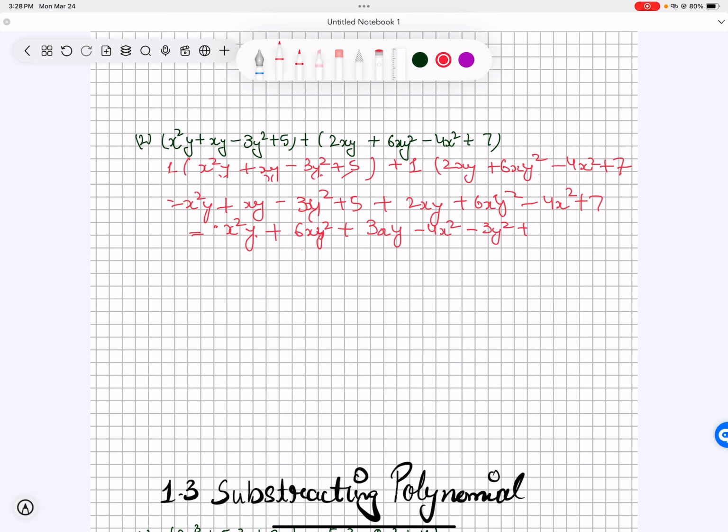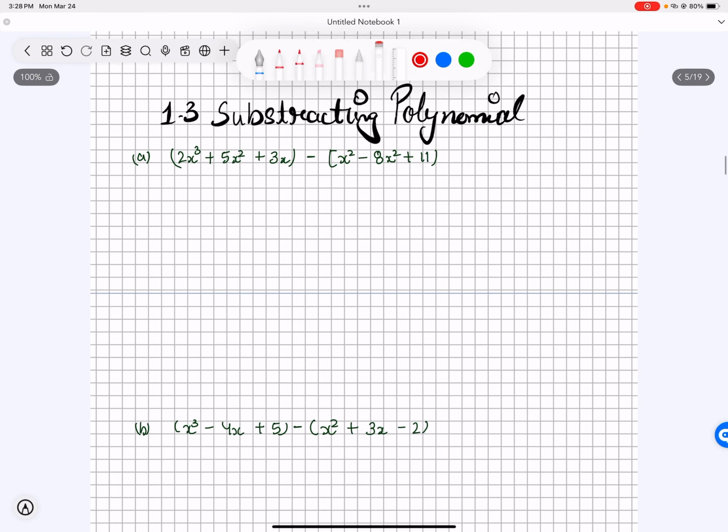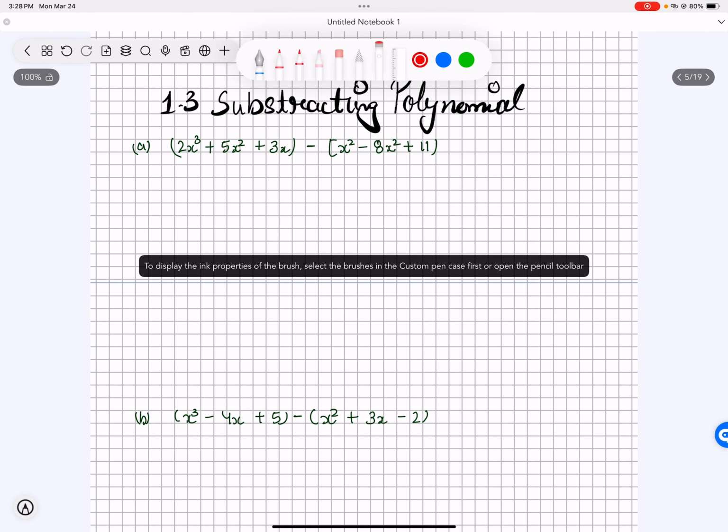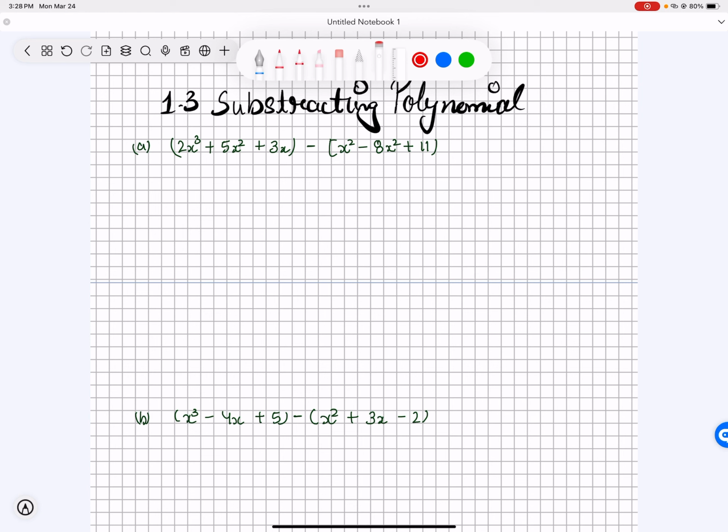Plus, we're gonna add 7 and then 5 because they're like terms. 7 plus 5, we get 12. That is our final answer because there are no other like terms that we can solve for. So this is a polynomial because it has 4 or more terms, and we're gonna do a similar thing in order to solve the subtraction